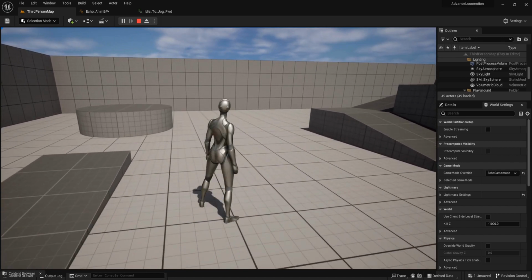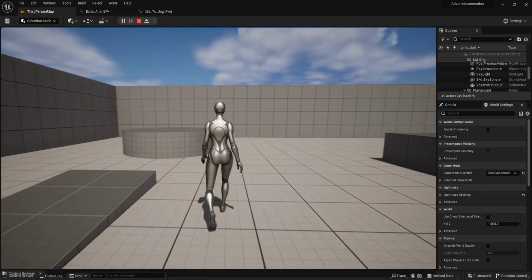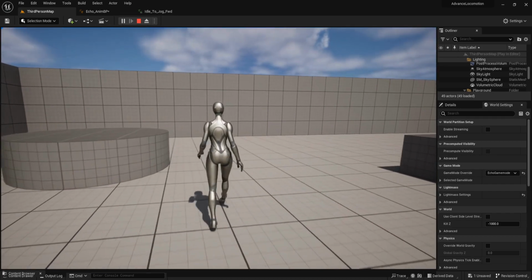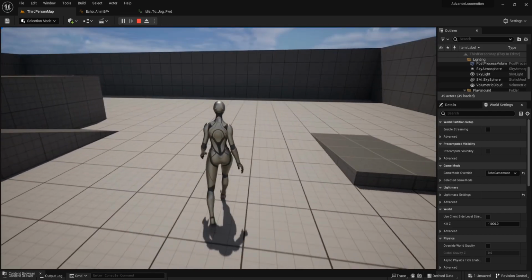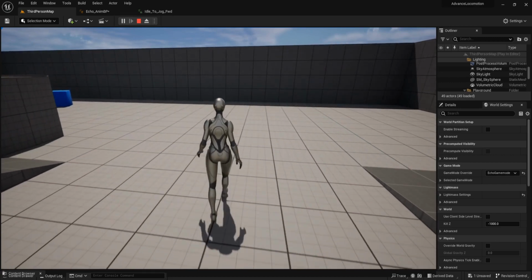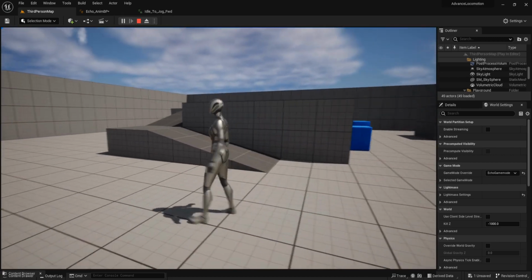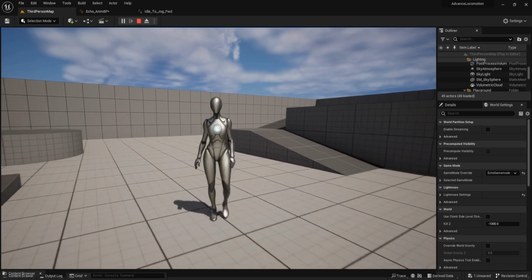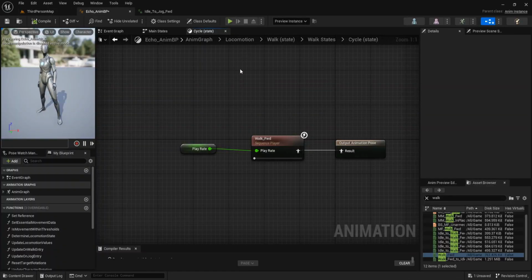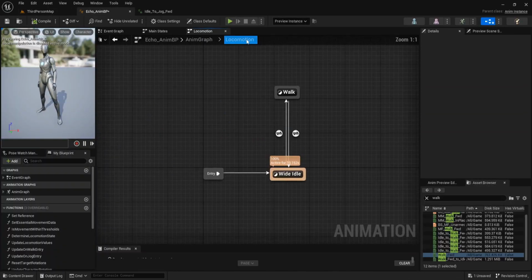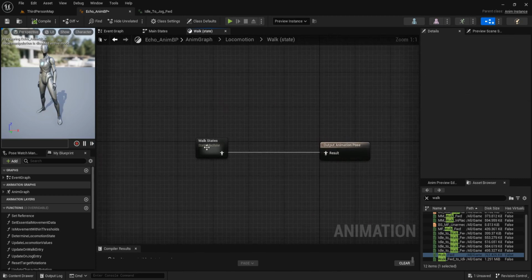And when we stop, the character starts to idle. And we need to create the transition to make this start walk look smoother. Go to locomotion and the walk state.